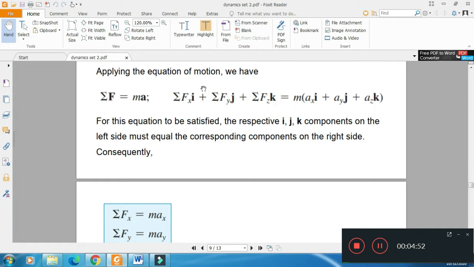We will write the components of force Fx, Fy, and Fz. There can be multiple forces in x, y and z direction, so we are including a summation sign. Then as a result of these forces there will be acceleration. The acceleration will have three components: ax i, ay j and az k. Now to have the balance equation, the unit vector i should be the same on both sides, the coefficient should be the same. The corresponding component equations, this one is the vector equation, the corresponding component equation is summation Fx equal to